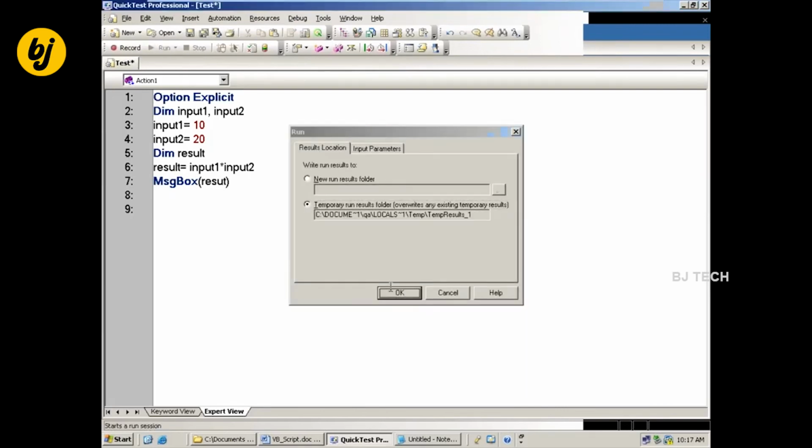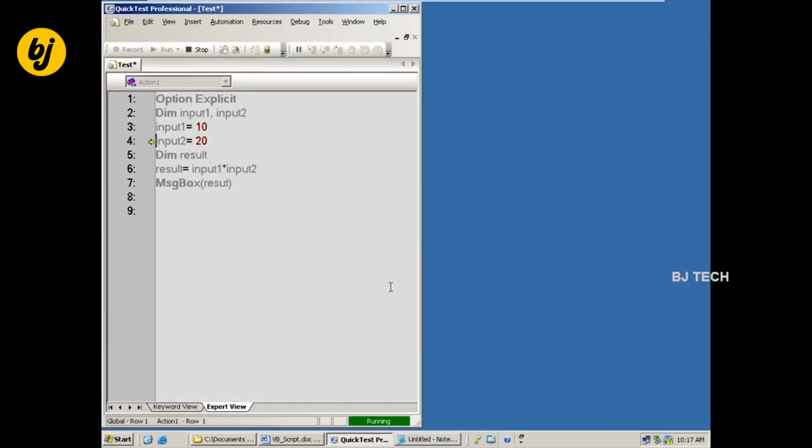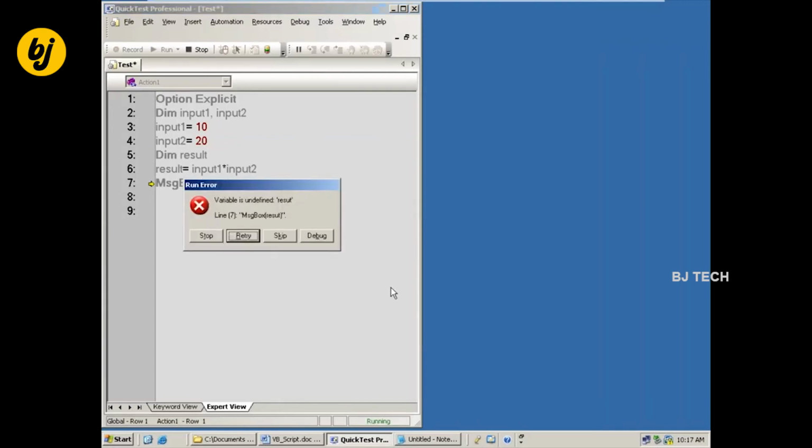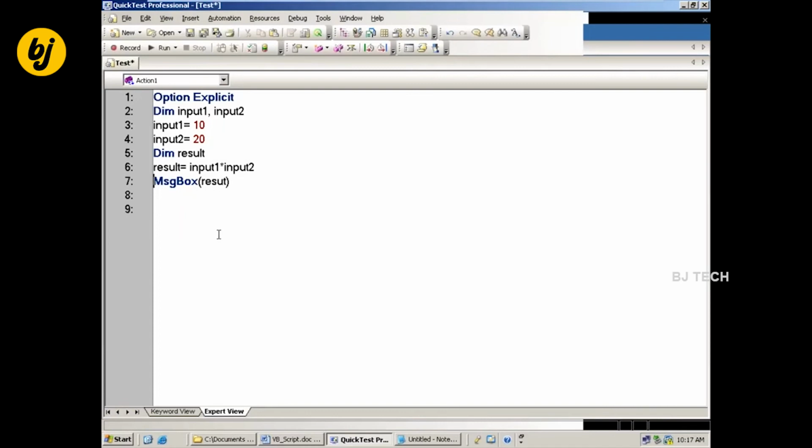Now, generally, why are we going to use variables? To hold some value. Whenever you want to reuse the same value in different places in your script, instead of taking that value again and again, we take it into one variable and reuse the data. There is a possibility that when reusing the variable, you may misspell it.